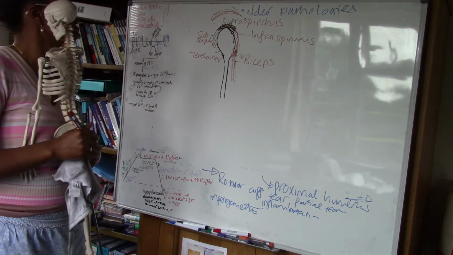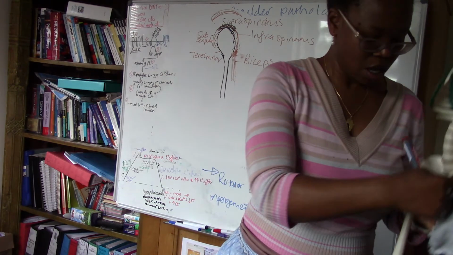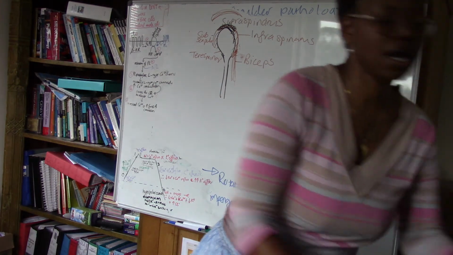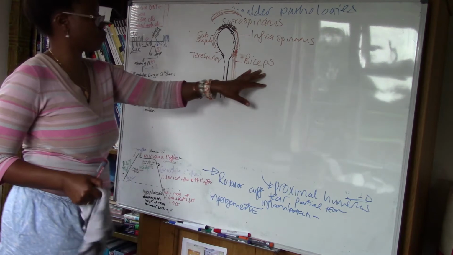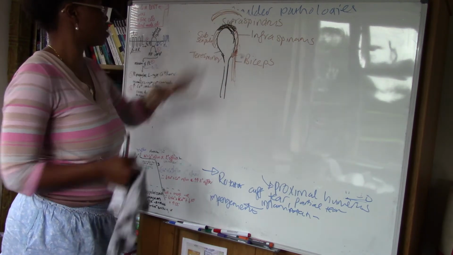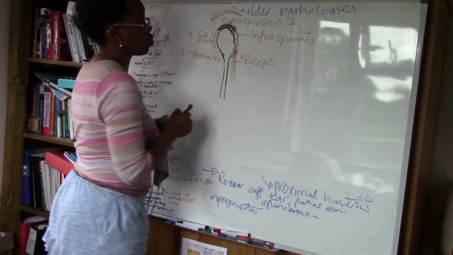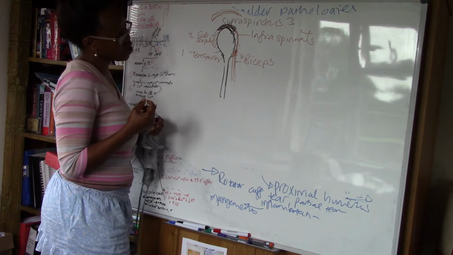Clearly I need to review until I do that perfectly. The bicep tendon is obviously not part of the rotator cuff. The rotator cuff are only 1, 2, 3, and 4. And really,